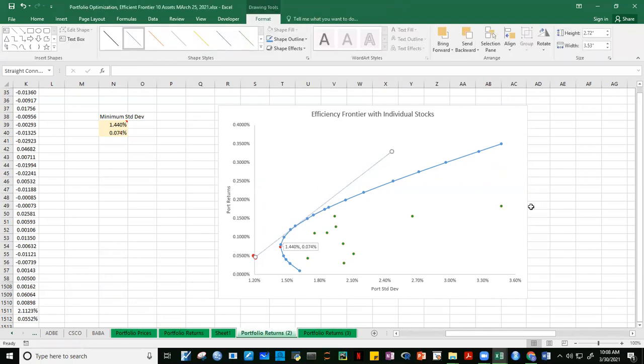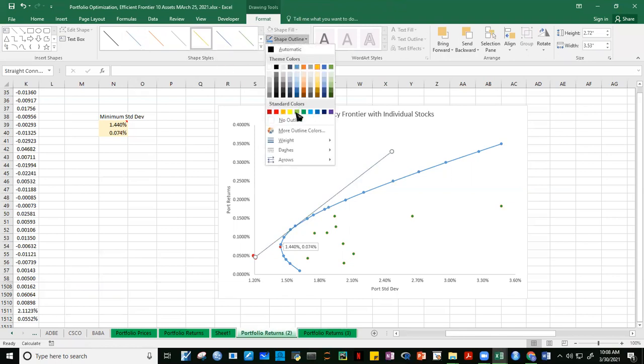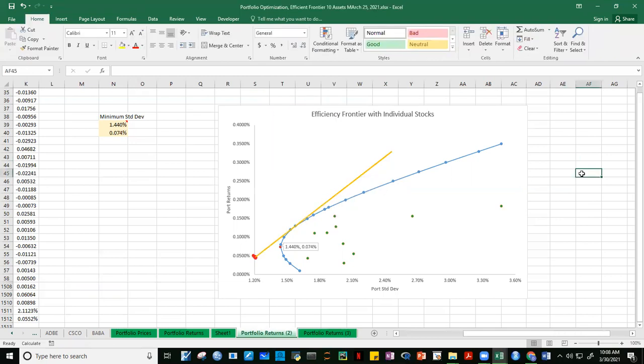Okay. And ano tawag nito, Luisa? The tangency line. Okay, the point of tangency line, or may special name siya, ang tawag sa kanya, capital allocation line. So dalawa yung titingnan natin, yung efficiency frontier, at saka yung capital allocation line. Okay, and then may meaning yan. May meaning kung ano ibig sabihin ng mga points na nandito sa capital allocation line. Okay, so let's start.